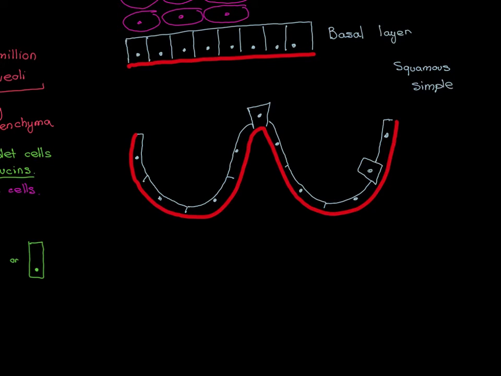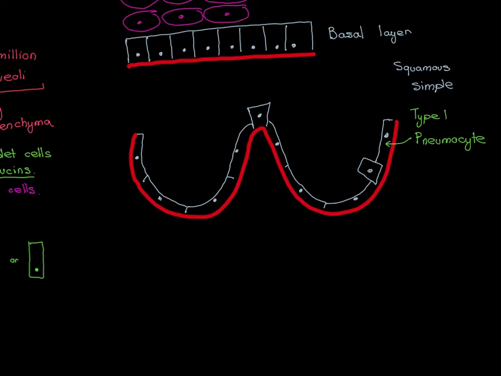Okay, so the complicating factor about the alveolar epithelium is that we have two different types of epithelial cells which are given special names. So the major type, the squamous type, are the type 1 pneumocytes. So pneumo is a prefix which means pertaining to the lungs, and then cyte means, of course, cell. So the type 1 pneumocytes are the squamous ones, and of course the purpose of these type 1 pneumocytes is